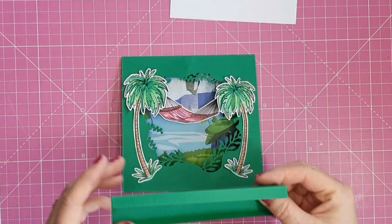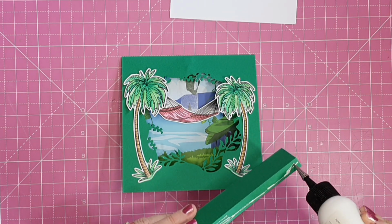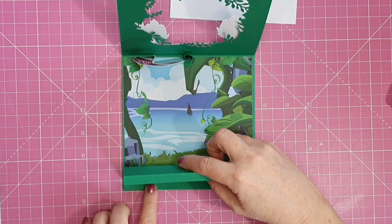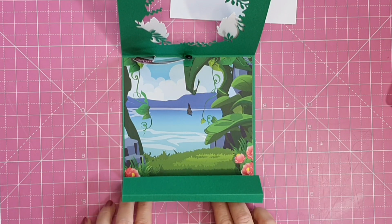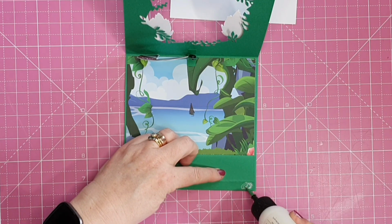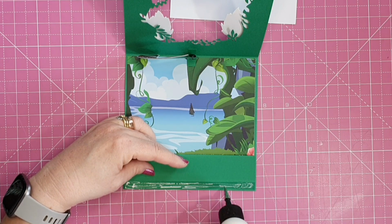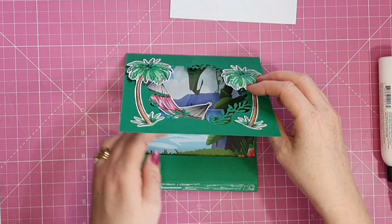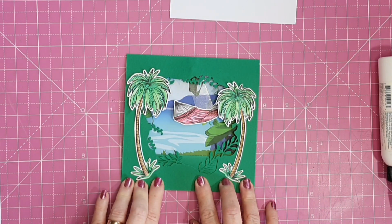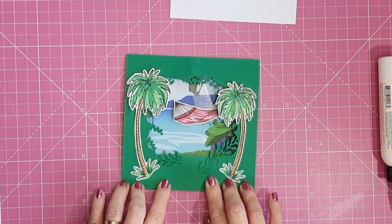They're so handy. So now I'm going to take the tent part, and you can see here I'm using a little liquid glue on one of the little edges there, the tab. So I'm going to stick that down on the inside, and then I'll fold it in half and then put some glue on the bottom on this side. And it's brilliant because I'll just pop down the front of the card and sit that on top, and then there you go. There's your tent fold, and no measuring and cutting and scoring,